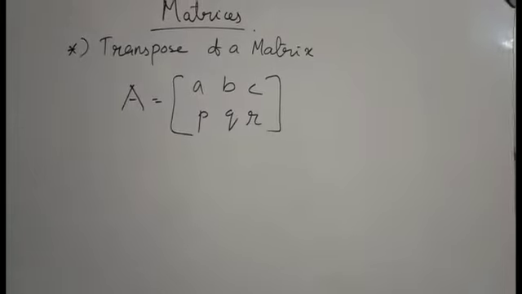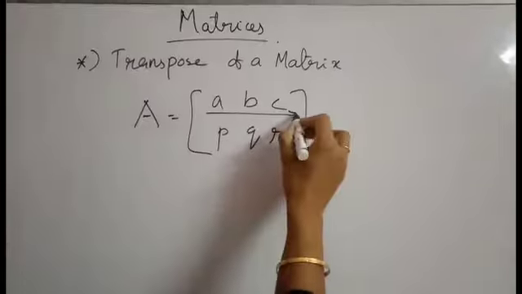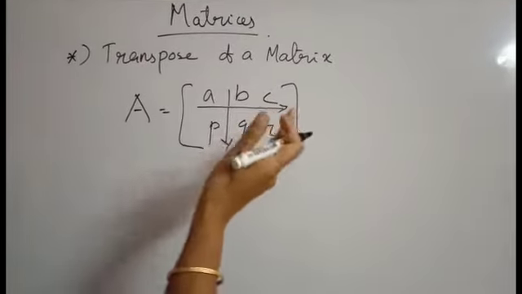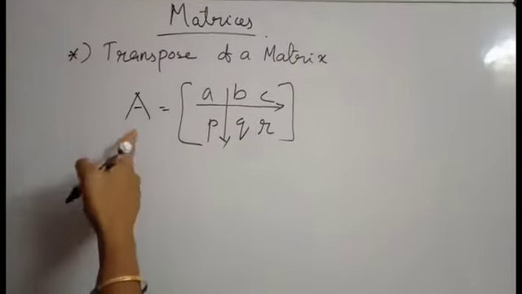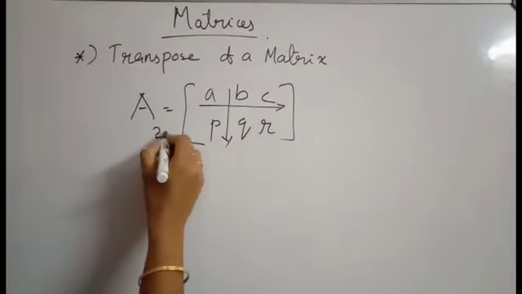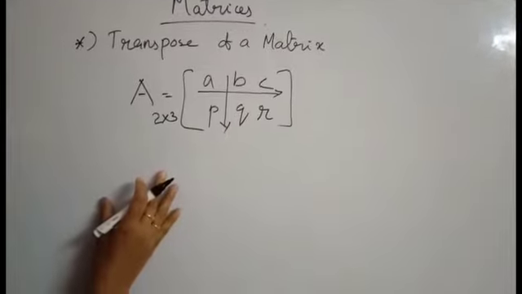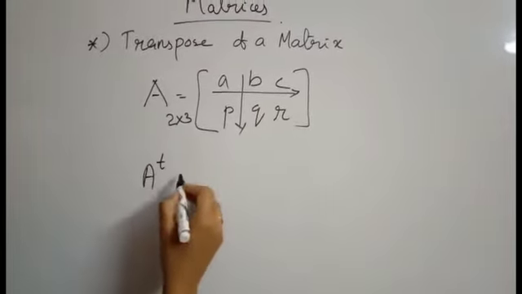In yesterday's class, we studied rows and columns. The horizontal lines are called rows and the vertical lines are called columns. Now here, if we interchange the rows and columns, we get the transpose of the matrix. This is matrix A, and it is of order 2 by 3 since it has 2 rows and 3 columns. Now, if you find the transpose, it is written as A transpose is equal